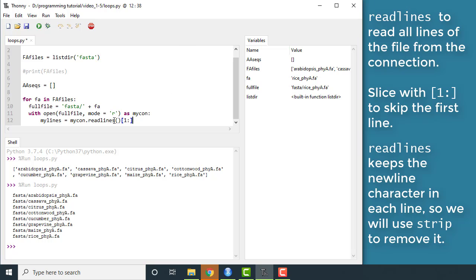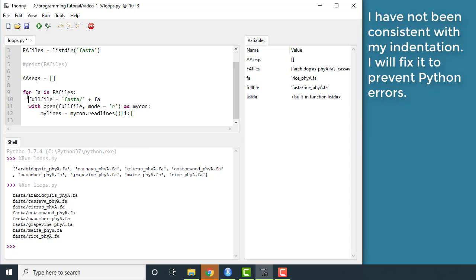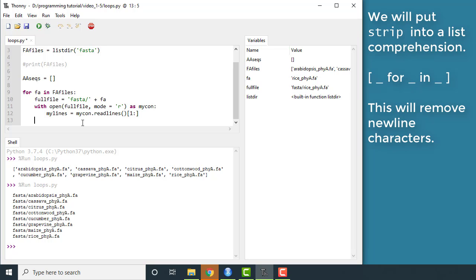And now how this read lines behaves, it will keep the new line character at the end of each line. So I want to get rid of that too. Oh, actually, I see I've indented by 2 spaces here, but 4 spaces here. Let's make that consistent. Right. Otherwise, I think Python usually gets upset if you don't do it the same way throughout the whole file, basically. All right. Okay, so stripping off that new line character,